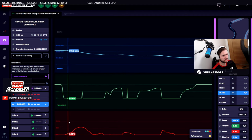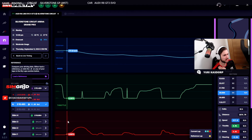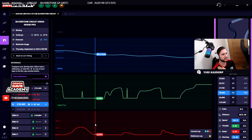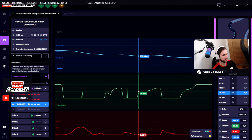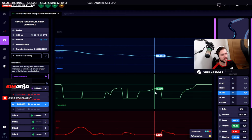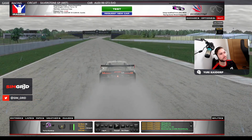So on entry here, we're not doing anything over the curb. After we go off the curb, I'm braking. Off the brakes a bit, tiny bit on the brakes, and you see the brake I'm using in these corners here is very, very low, and the throttle as well in between the corners is very, very low. And now we're going to 100% and then very slowly building it up, and then on the exit as well, slowly building it up here and then going flat out at the end. Then we'll go back to iRacing,